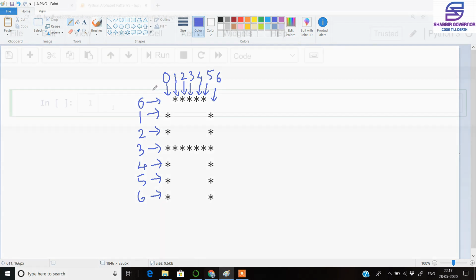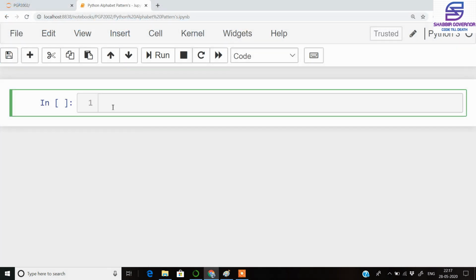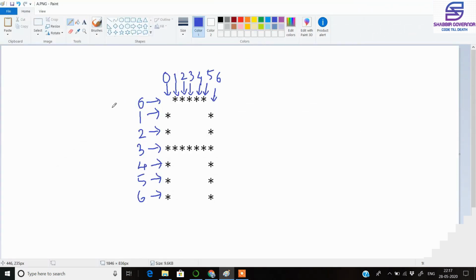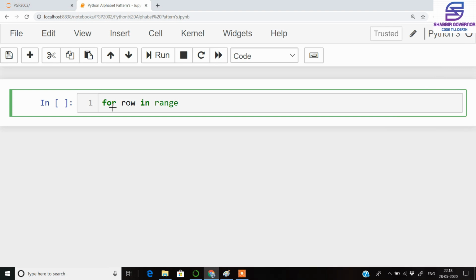So let's start with Jupyter Notebook. To print out the pattern for every row and every column, we will be using two for loops in Python. So we will write it as: for every row in the range of, as you saw, the pattern was ranging in the number of rows from 0 to 6, and the number of columns were also ranging from 0 to 6. We'll write in the range of 0 to 7 because 7 will be excluded, so the range will be from 0 to 6.